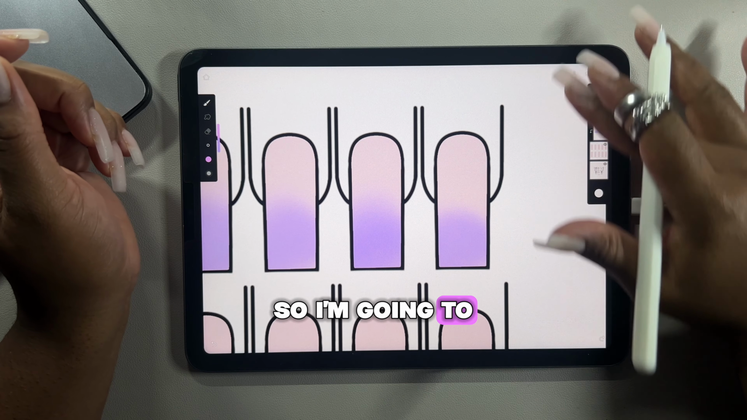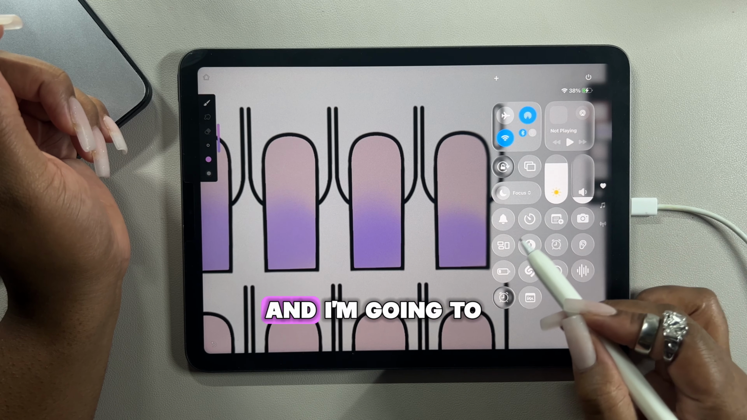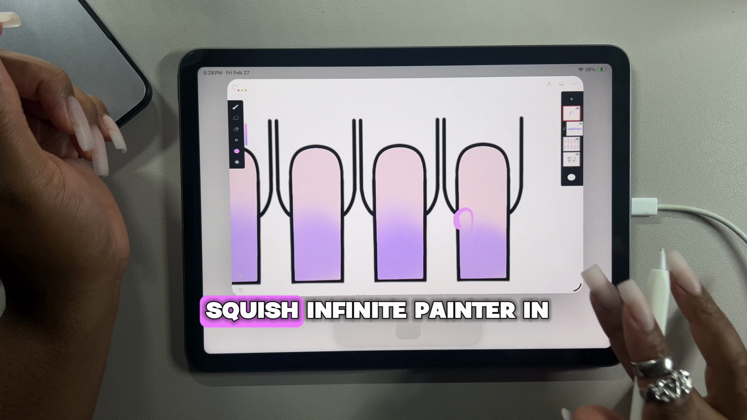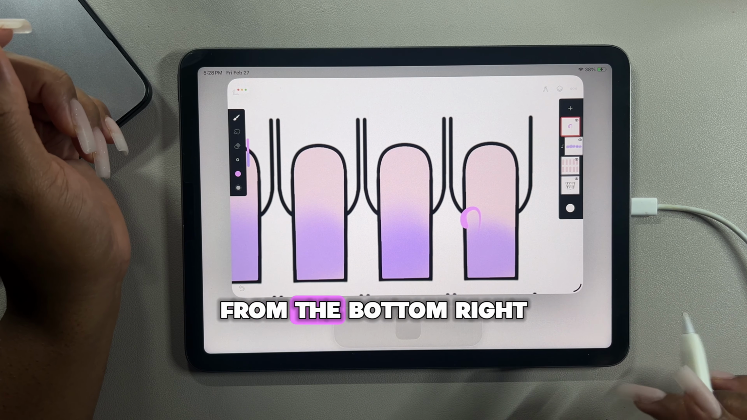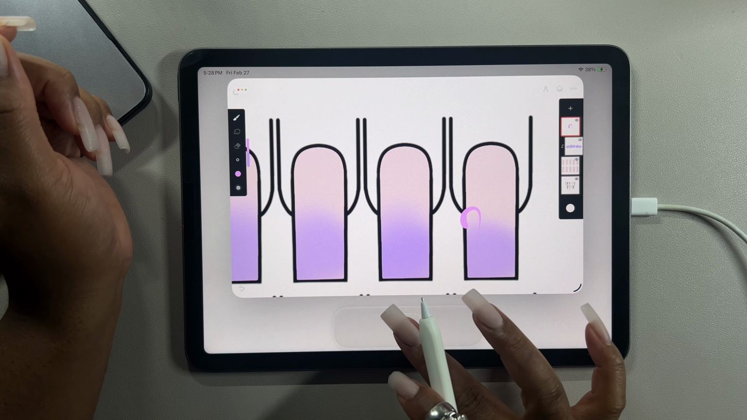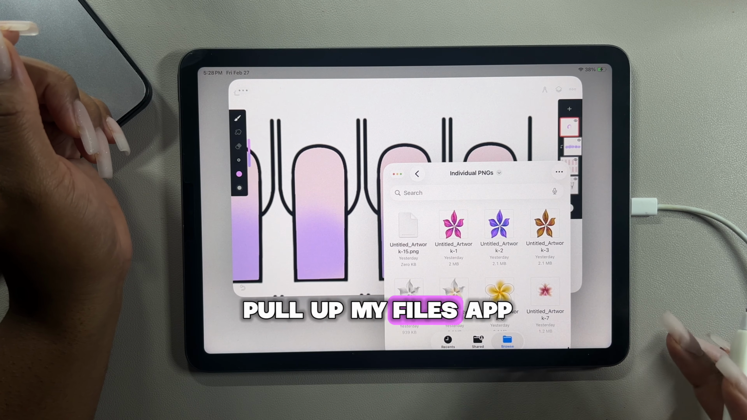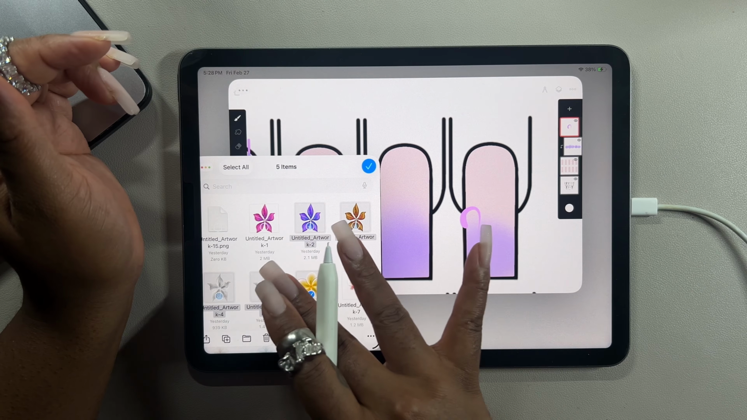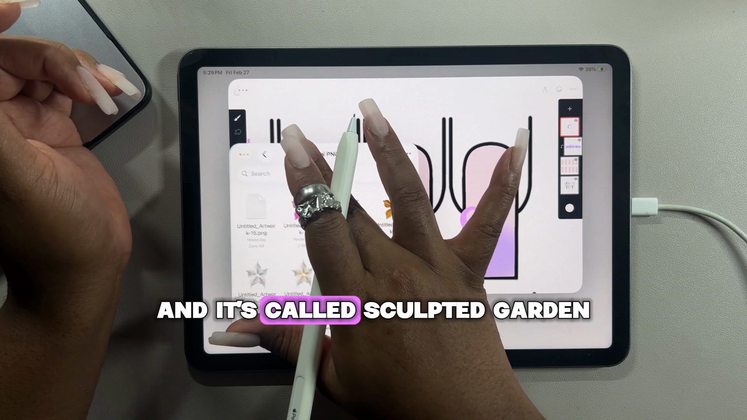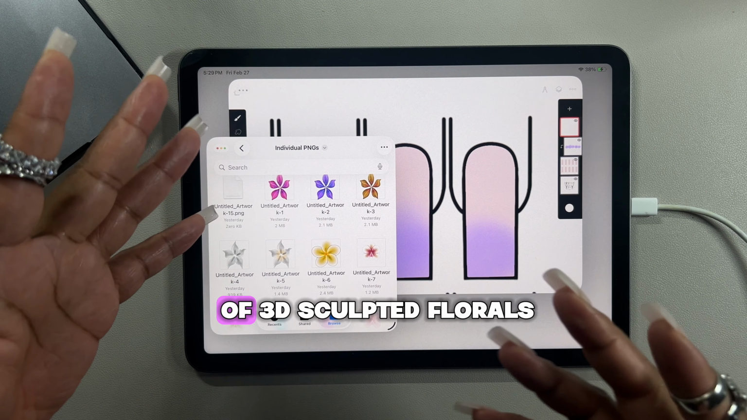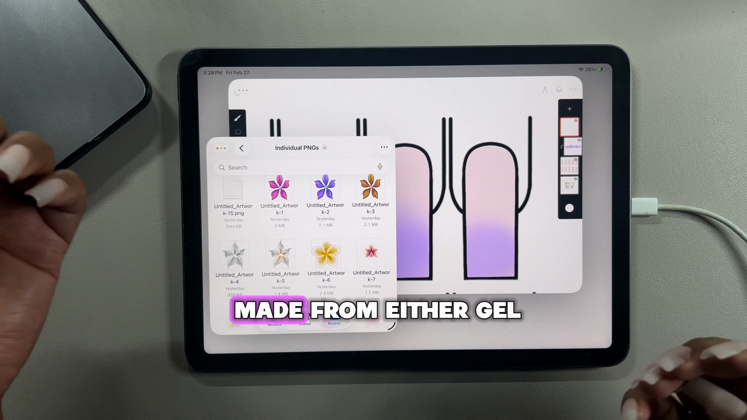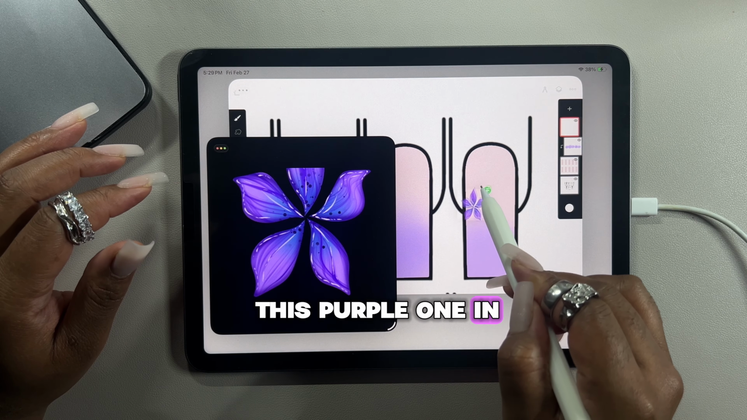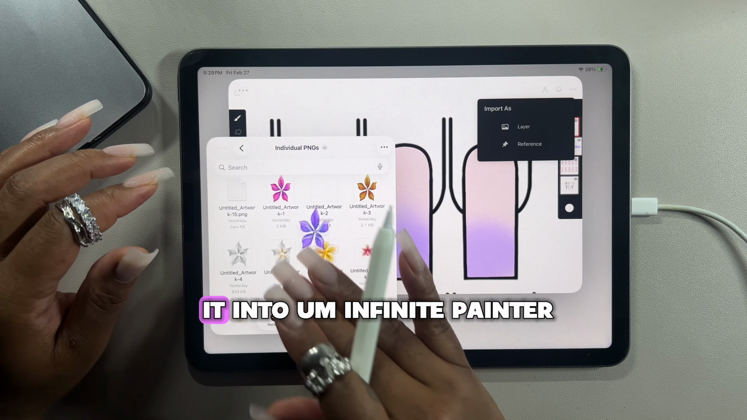So I'm going to swipe down from the top right corner and turn on windowed apps, and I'm going to squish Infinite Painter in a little bit from the bottom right corner with my finger, and pull up my Files app. I already have my new nail charm pack open, and it's called Sculpted Garden. It is a pack of 3D sculpted florals made from either gel or acrylic. So I'm going to pull this purple one in. I'm just going to drag it into